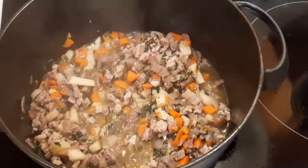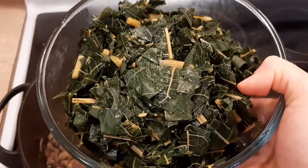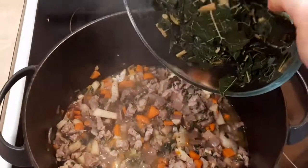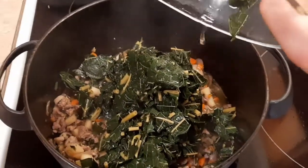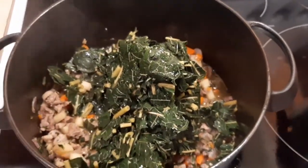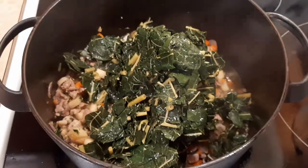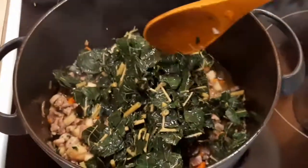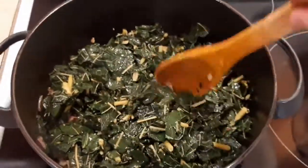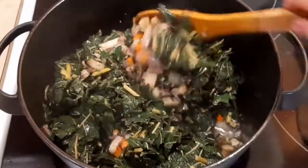So what I'm going to do now, I'm going to mix green papaya leaf with lamb and herbs. So this is a little bit awkward because I'm using one hand to hold the camera and another one to cook with, so excuse me for the awkward shots. Now I am mixing green papaya leaf with lamb,